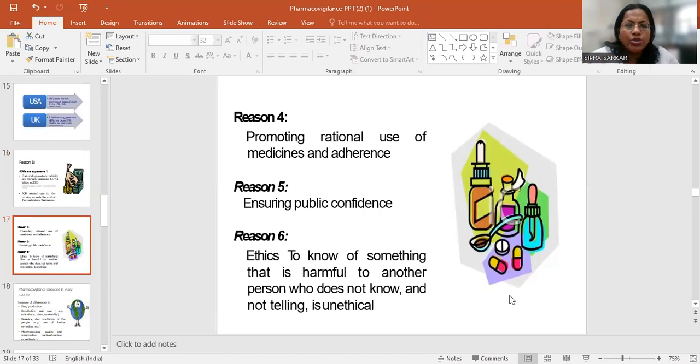Next is the reason of promoting rational use of medicines and adherence, so that people can be very much aware of the rational use of drugs. Reason 5: ensuring public confidence, so that people can be more aware that these drugs are safe and there will be no side effects or adverse drug reactions. Reason 6: ethics. To know of something that is harmful to another person who does not know, and not tell them, is unethical. People obviously have a right to know whether there is a harmful effect or not,